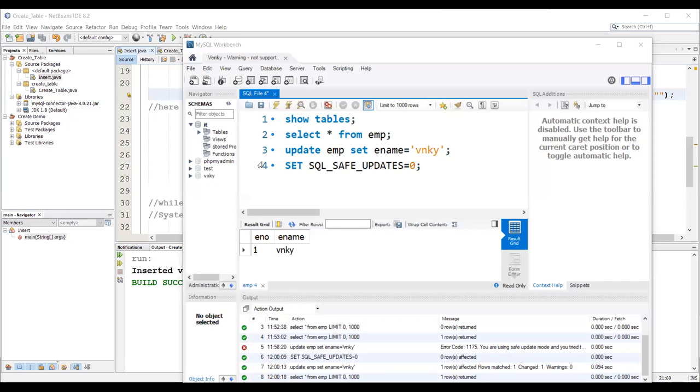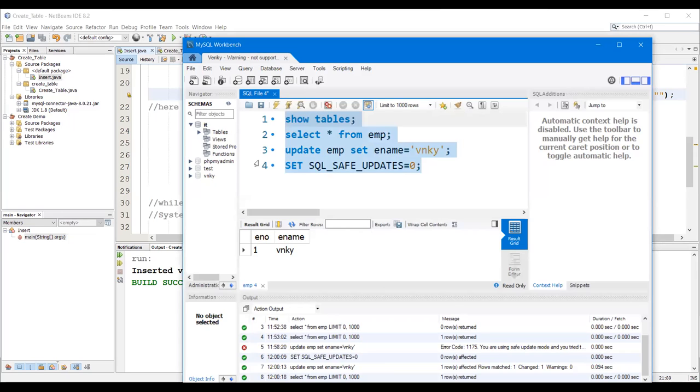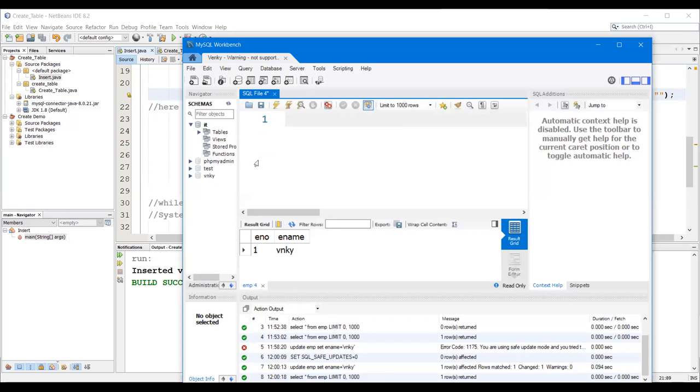And this JDBC will help us to transfer the calls from client to the database, and it will take the responsibility of executing the SQL queries. Before going further, I want to show you that we have to use the query USE database name.